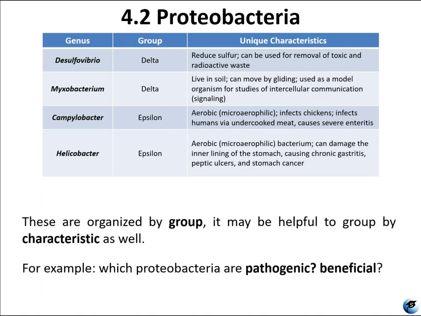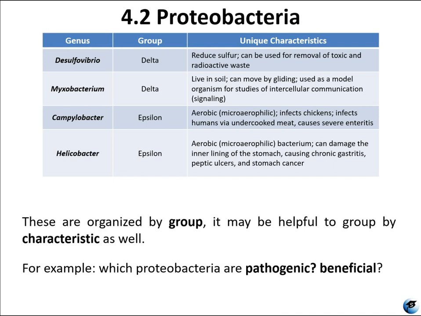Next, we have some delta and epsilon proteobacteria. These are represented here by Desulfovibrio, which is a delta proteobacteria. He can actually be used as a beneficial bacteria. He removes toxic and radioactive waste, so that is a very beneficial microorganism. Then you have Myxobacterium, which is another delta proteobacteria. He usually lives in soil, and he's used as a model organism for studies having to do with intercellular communication,